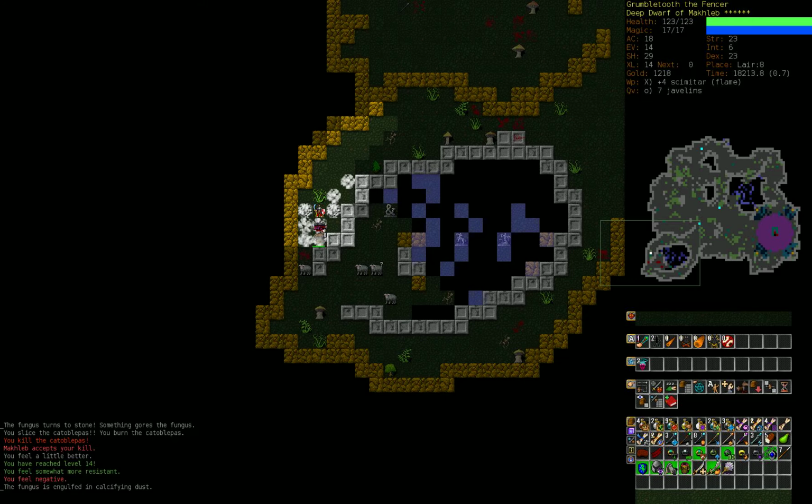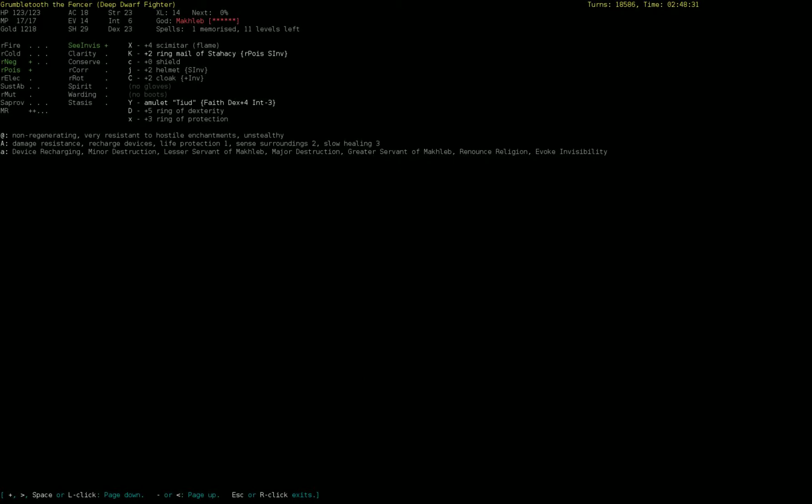We feel somewhat more resistant. We feel negative? What does that mean? We get resist negative energy? No way! That's really cool. I don't even think I remembered that about Deep Dwarves. A free pip of negative energy resistance. Oh, it's even life protection? I don't actually... What does life protection do? That seems...